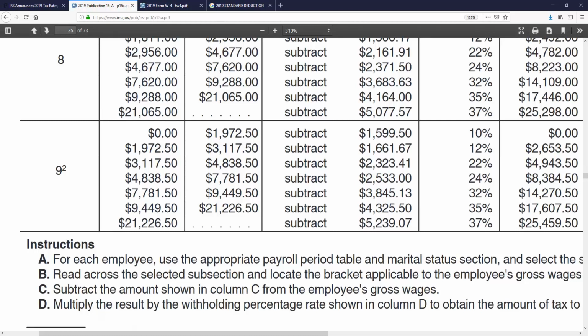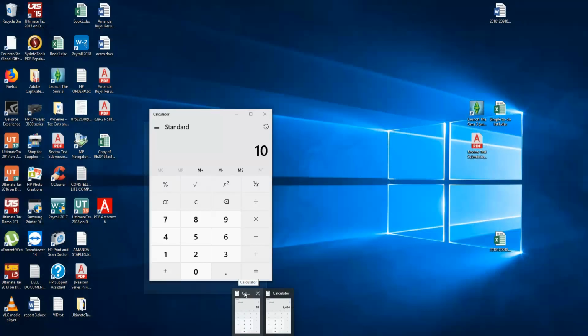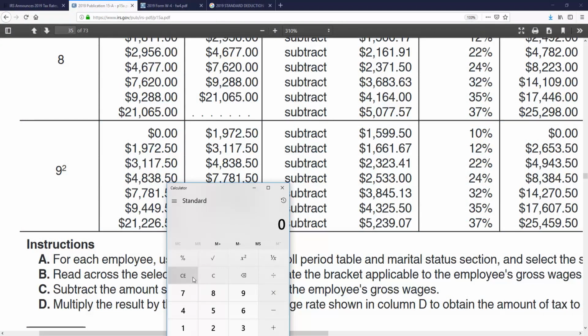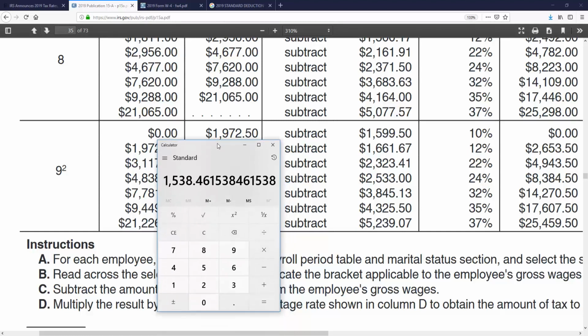If his check is anything less than $1,600, which we know it is, then there's zero tax. Okay, so let me show you the math just so you can see how this works. Take 40,000 a year divided by 26. His paycheck is $1,538, which puts him in this tax bracket, right? You're gonna take $1,538 and subtract $1,599.5. We got a negative number times 10%. There's no such thing as negative withholdings. There'll be zero taxes coming out of that paycheck, okay?